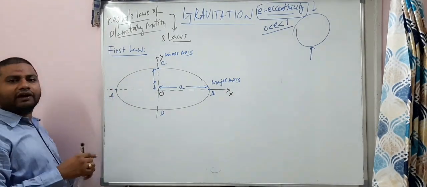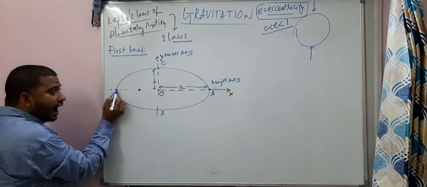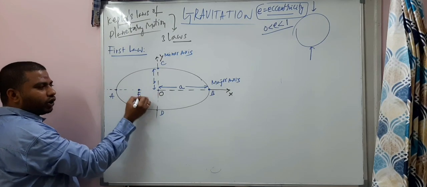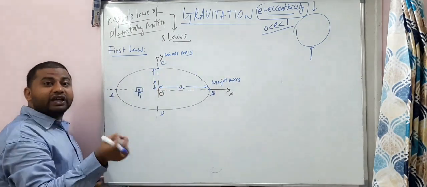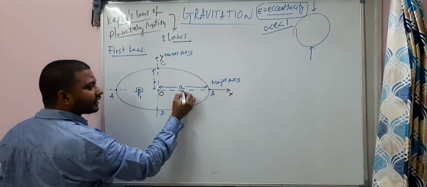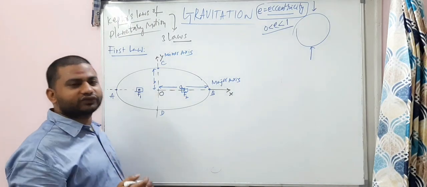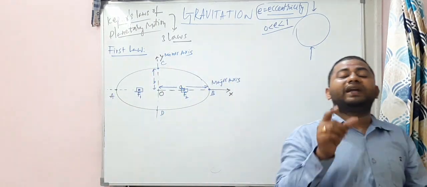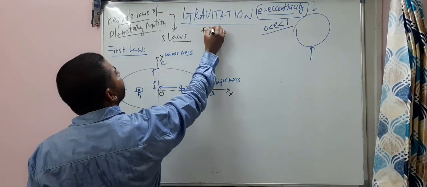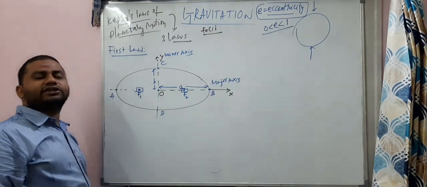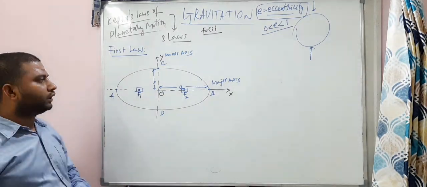The ellipse will have two foci. This is the point, along the semi-major axis, called the focus. This is the first focus, and the other semi-major axis also will have another focus. So this is F2, notice, everybody. There will be two focus points for the ellipse, and in plural form they are called foci, F-O-C-I. That's the plural form of focus. Focus 1 and focus 2.